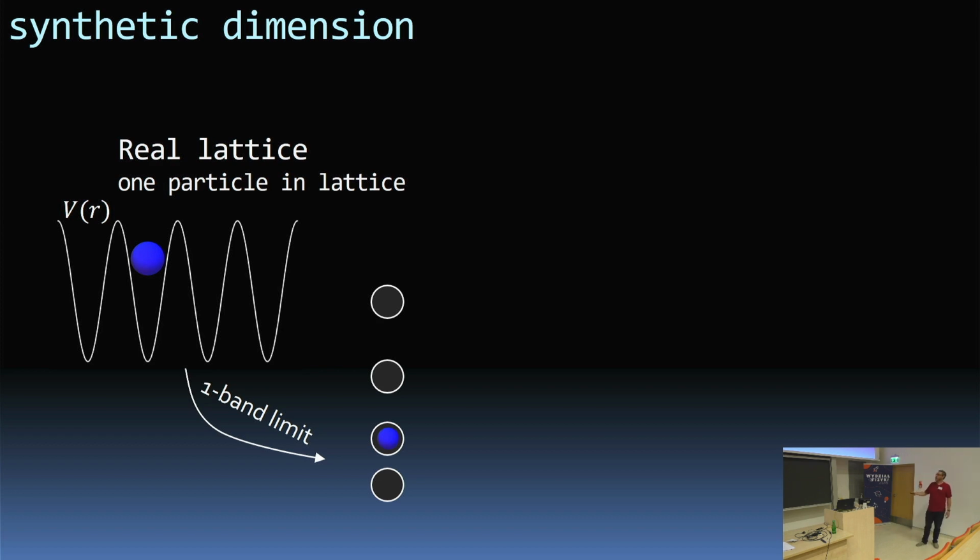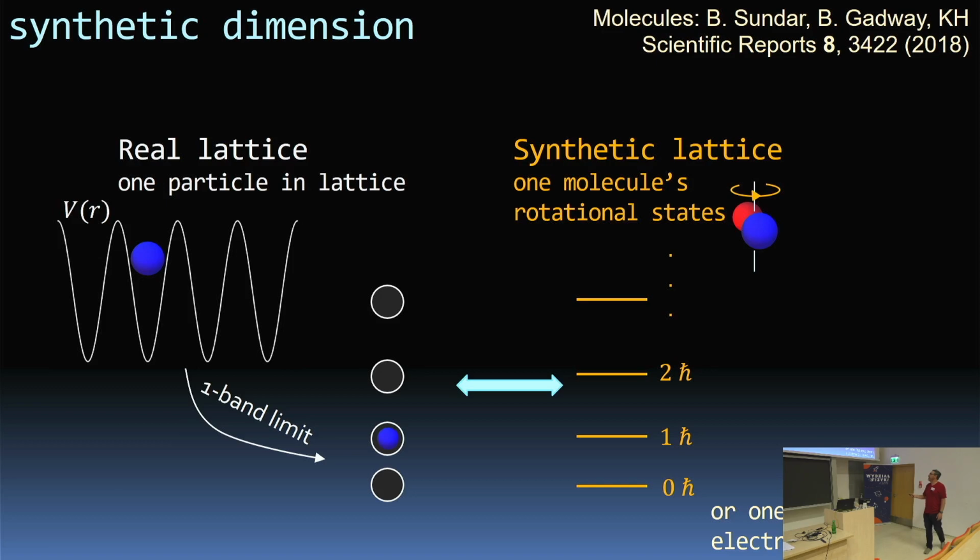I'm drawing it vertically here. And if you spend a lot of time with molecules, this reminds you of the state space of a molecule. I could pick out 4 different angular momentum states, for example, and use those as my Hilbert space. That's the same picture that Misha drew for us yesterday or the day before, whenever it was. But to have 2 quantum systems be equivalent, we don't just need the same Hilbert space, they also have to have the same Hamiltonian.